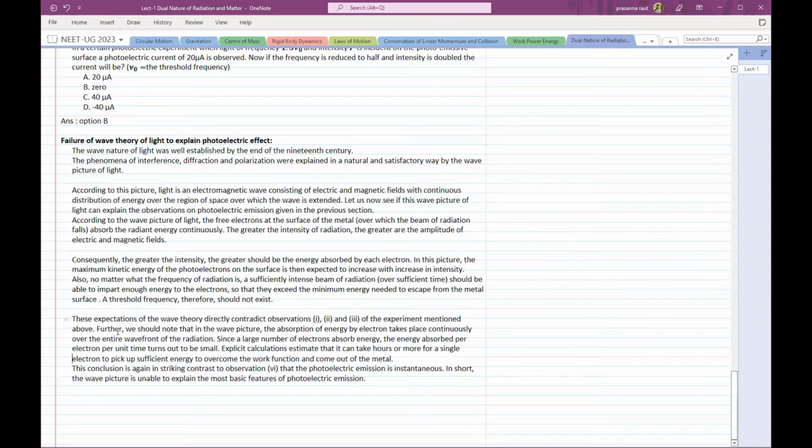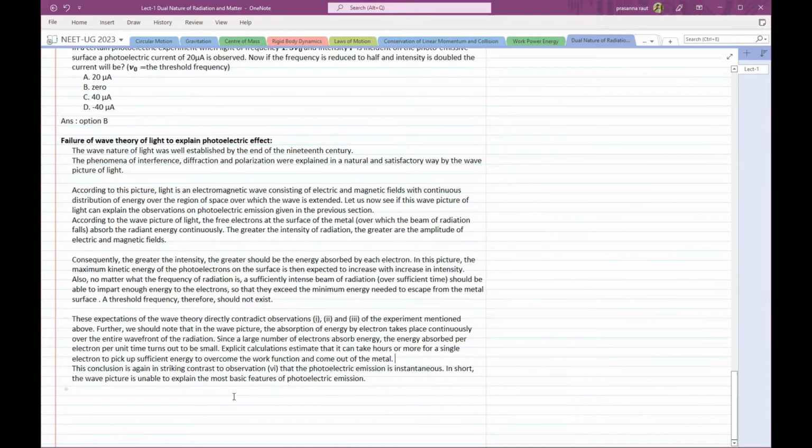ठीक है, further we should note that in wave picture the absorption of energy by electrons takes place continuously over time, over the entire wavefront of radiation. Since a large number of electrons absorb energy, the energy absorbed per electron per unit time turns out to be very small. Explicit calculations estimate that it can take hours or more for a single electron to pick up sufficient energy to overcome the work function, यानी minimum energy required to jump out of that metal and come out of the metal. This conclusion is again